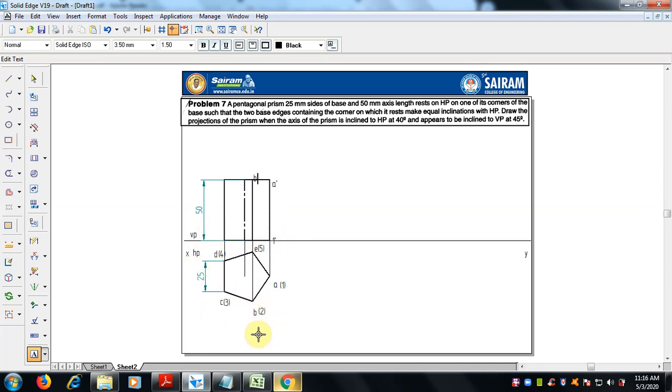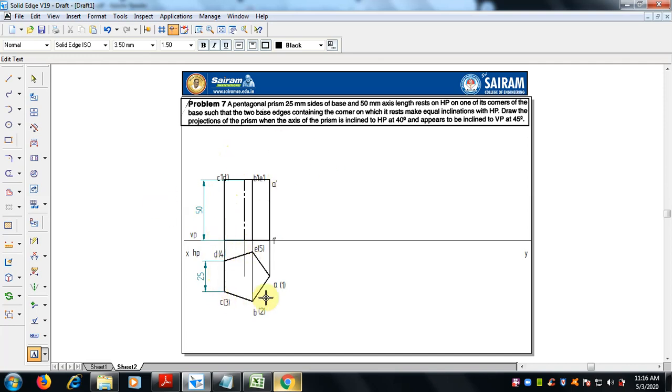So on the top face, B dash is visible, with E dash in brackets, no need for confusion. Let us finish A, B, C, D, E first. C dash is visible, and D dash is hidden. Okay, top is over.